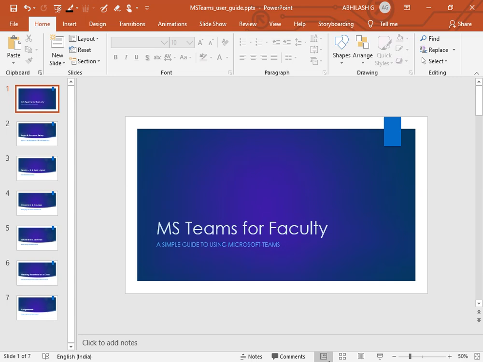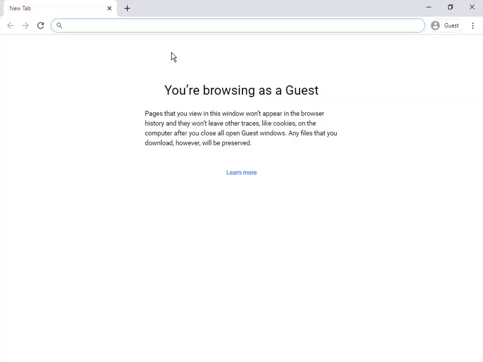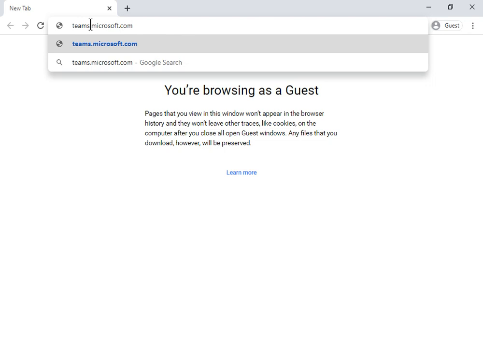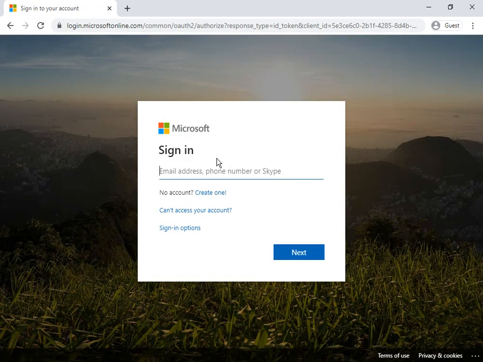So to start off with, the first thing that you are going to have to do is actually log into Teams with an account that has been created earlier. So the login ID for Teams is something that should be made available to you. If you have the login ID, what you really have to do is just go to the website teams.microsoft.com, and at the website you will probably be asked for a login ID. So if you have an ID, you can log into it.